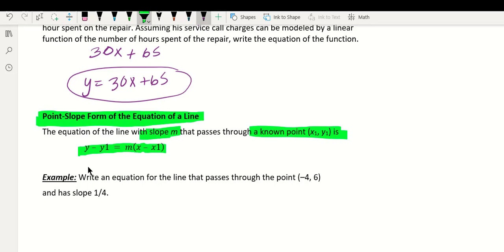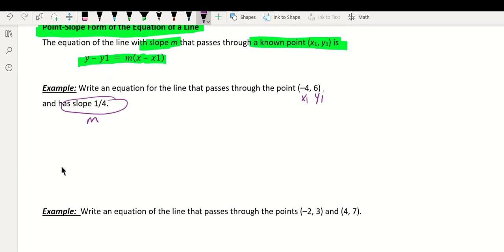So we have our first example here. It says write the equation for the line that passes through the point (4, -4) with slope 1/4. So again, this is my slope, so this is your m. This is your x1. This is your y1. I just like to label my points sometimes. Okay? So if I plug it into the equation, this should be y minus 6 equals 1/4 times x